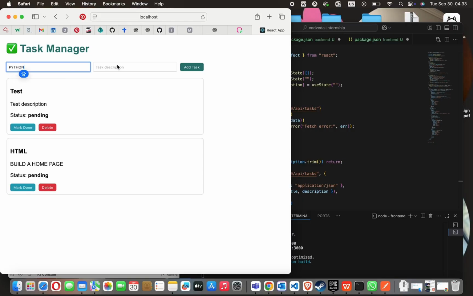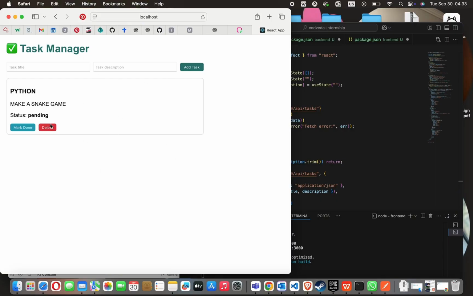Each task also has two action buttons. Mark done, which updates the task status and changes its background color to indicate completion. Delete, which removes the task from the list by sending a DELETE request to the backend. This shows the connection between the front end and back end in real time, using fetch requests to handle